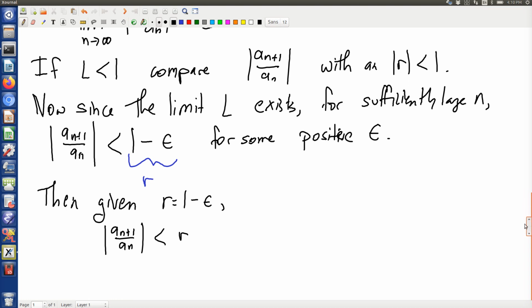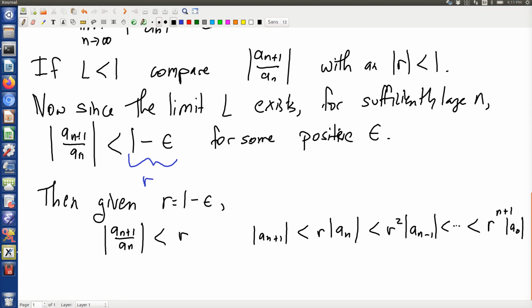If I multiply both sides by a_n, I'll get a_{n+1} is less than r times a_n. Well, that means that that's less than r squared a_{n-1}, and so on, up to r to the n plus 1 times a_0. Well, not quite. That a_0 may be a problem. But at the very least, for sufficiently large n,